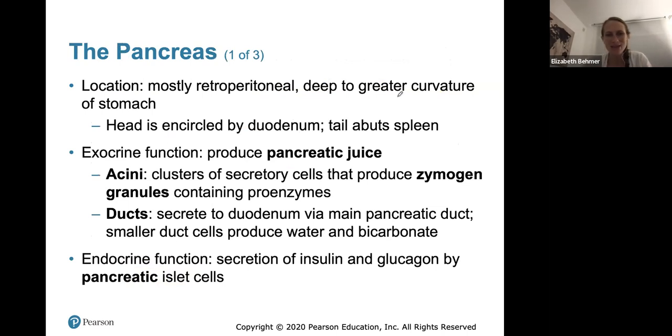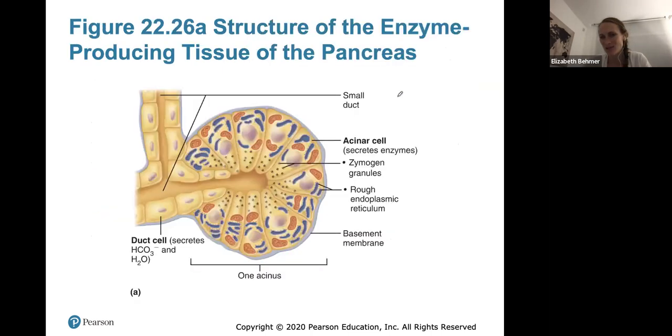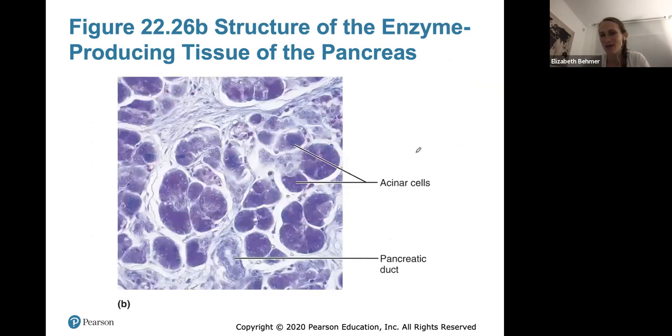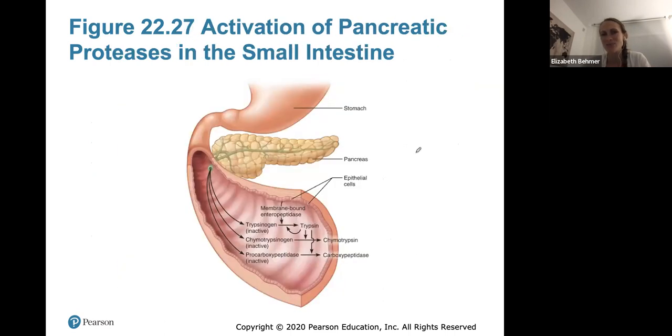So the pancreas, again, a little bit of anatomy review. I'll let you read through that. It has, again, an endocrine and exocrine function, meaning the endocrine function produces hormones, and the exocrine function is where we have these acinar cells secreting all of the digestive enzymes. So the pancreas's main function in digestion is to secrete all the digestive enzymes that will digest our food and break it down further. And we'll talk more in the next chapter, the next part of digestion, about how that breakdown